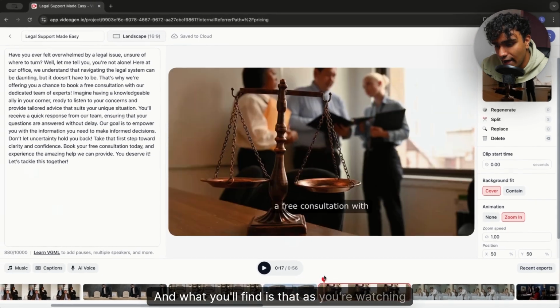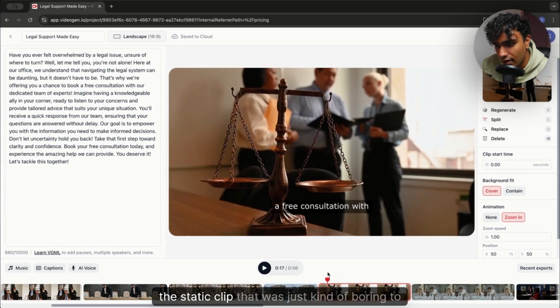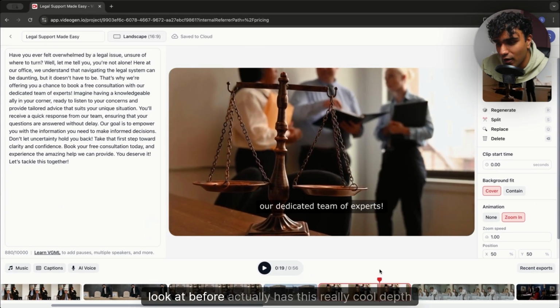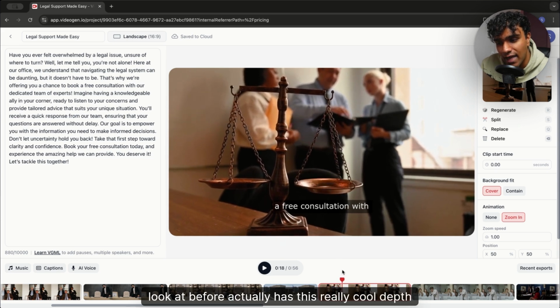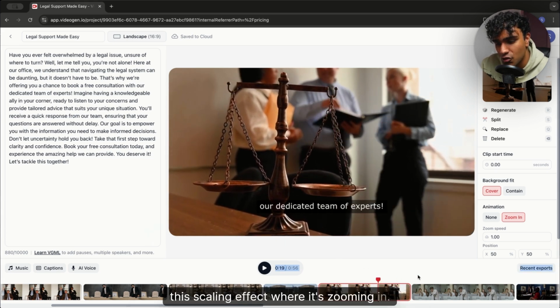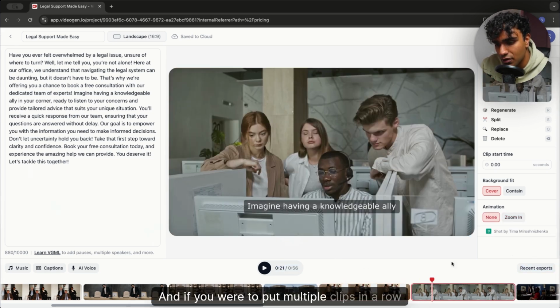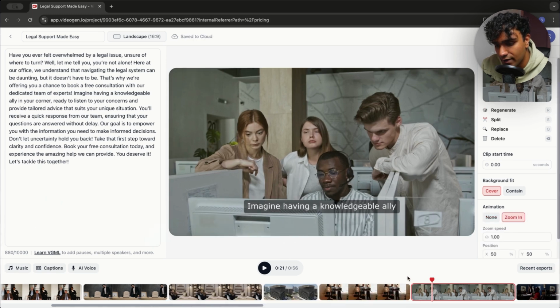And what you'll find is that as you're watching the video, the static clip that was just kind of boring to look at before actually has this really cool depth effect, this scaling effect where it's zooming in. And if you were to put multiple clips in a row with that zoom in effect, you'll find that when you watch back the video,